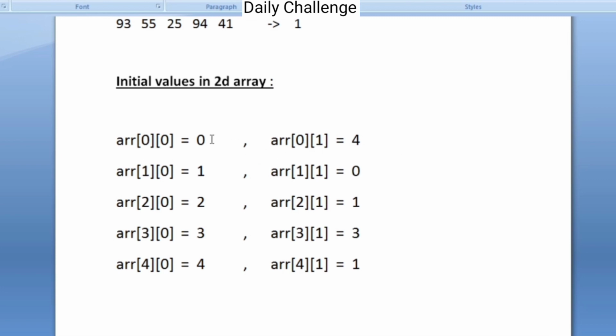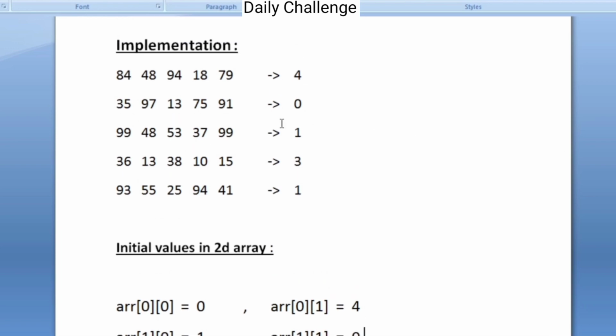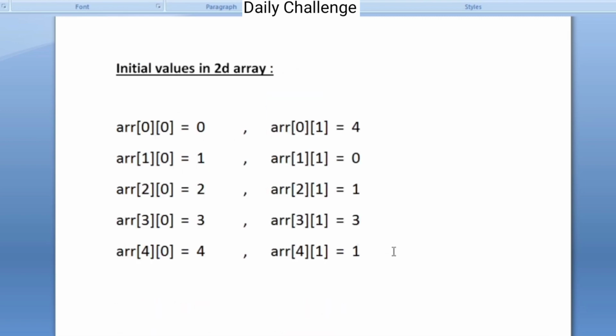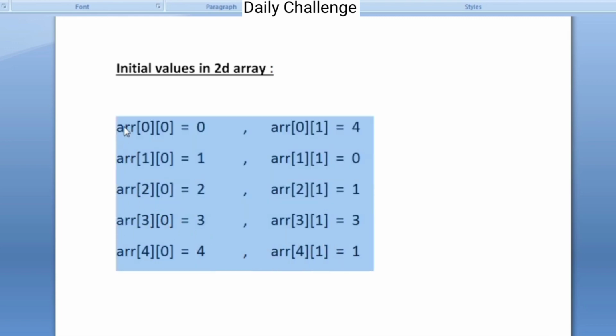In the 0th row there would be 4 even integers. In the first row there are 0 even integers. Let us check with the matrix. In the 0th row there are 4 even integers, and in the first row there are 0 even integers. After storing values for every row in the matrix, this is how our two-dimensional array would look.